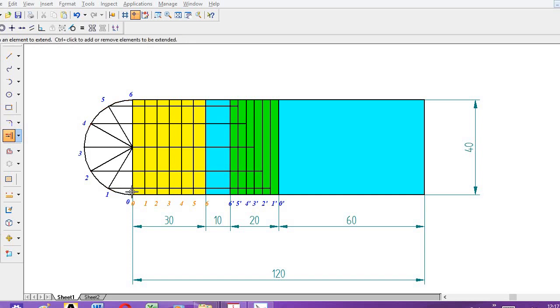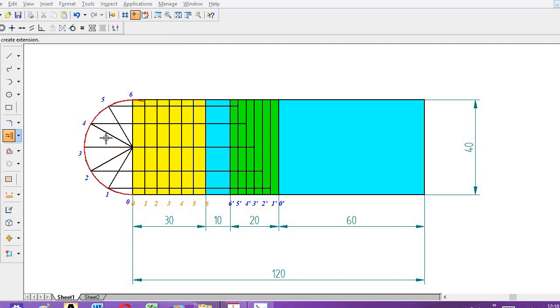Here, in order to draw for simple harmonic motion, we have to draw a semicircle at one particular end, either on the left side or on the right side. You draw a semicircle with the midpoint and make 6 equal divisions. However many divisions we have made here, the same number of divisions we have to make on the semicircle. So 180 divided by 6, we take 30 degrees here and mark 1, 2, 3, 4, 5, 6. Now from 0 to 0 wherever the point meets, that is one particular point, and from 1 to 1 wherever it meets, we get one more point.